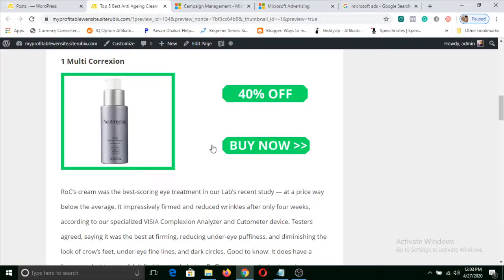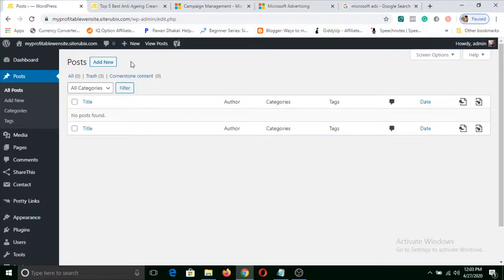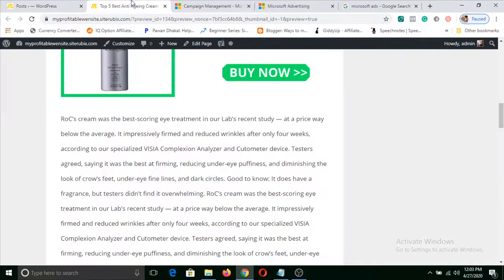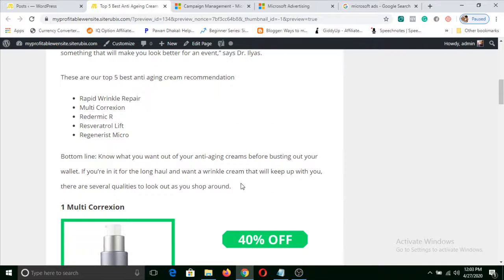But it would be best if you hire a content writer to write this kind of review article, so they can research these things properly, and they will give you that article which you can add in a post and then link it from this page on which you are running paid ads.